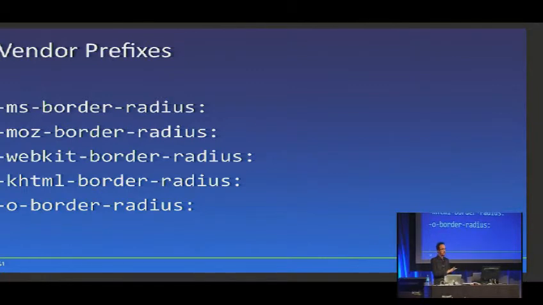Now, there is some debate whether or not it's a good thing to use browser prefixes. Some people say it ends up that you're forking your code. Personally, I use them. If I want rounded corners to appear, I will use a vendor prefix to make sure that that happens. So it is up to you at the end of the day, but please note that the examples that I'm going to show you may require that you use these browser prefixes.